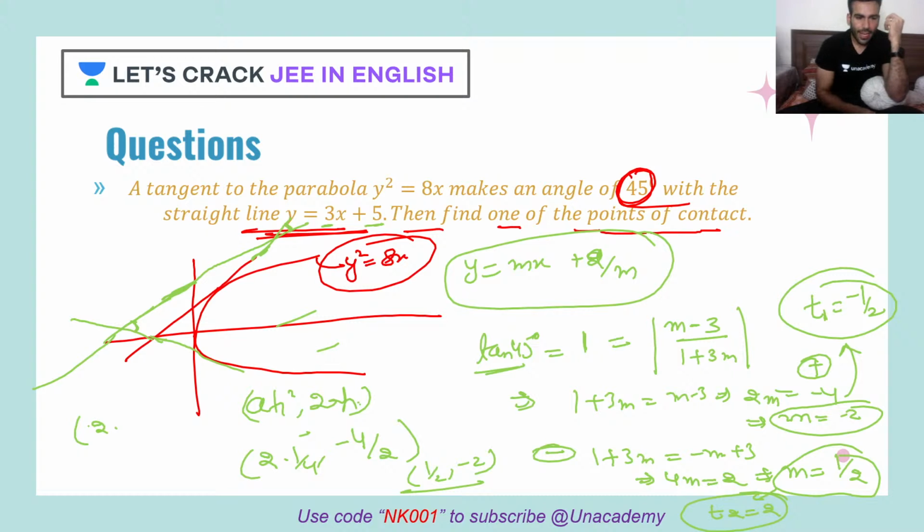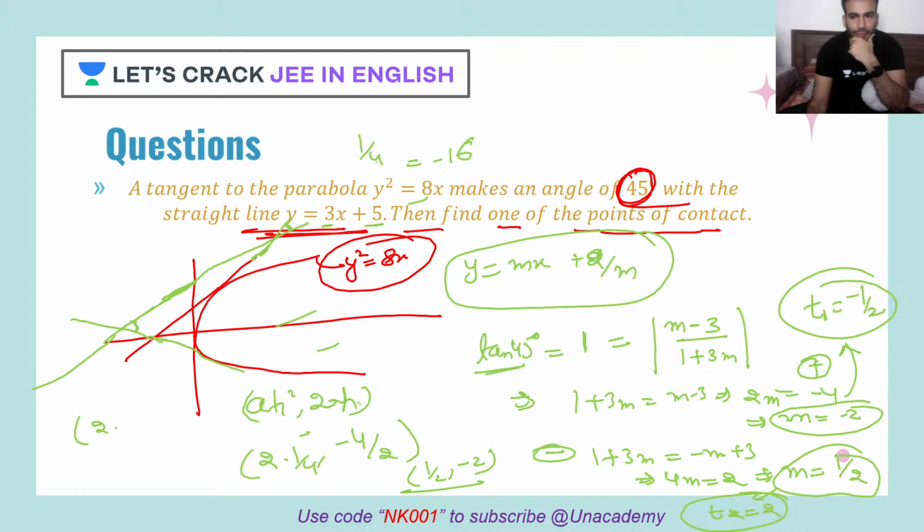SYM 24, is it minus 2, 1 by 2? Can you please check this? Because I don't think it would be the point, because see, if you put minus 2 here, what do you get? Minus 16. And when you put, let's say, half here, what will you get? 1 by 4. I think that's not possible.